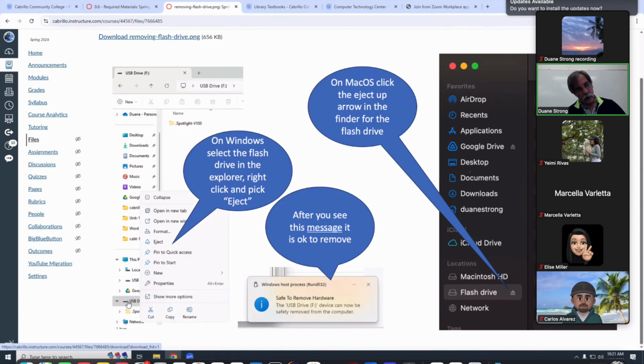If you right click on it, you'll get a context menu and there's an eject option in that menu. You click that, a second will go by, and this will pop up. Do not pull that USB drive out until you see this message, safe to remove. As soon as you see this, you can go ahead and pull it out. Now, why do they do a stupid thing like this? Well,